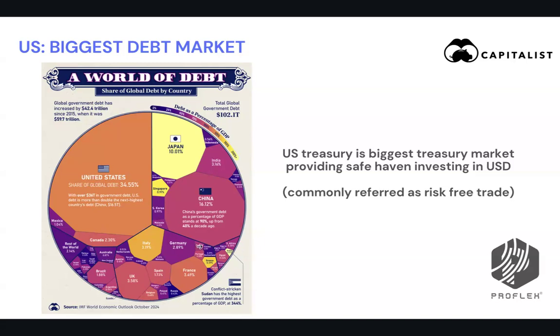So this is why I think one of the big parts of it is that US also offers one of the safest, biggest treasury markets. And that provides us safe haven investing. And if you are in the market, you also know that worldwide, US treasury returns are considered a risk-free trade, where you park your money. One reason is the US dollar being considered the reserve currency. The second is, as we always say, US always pays. The reason being, as a reserve currency, US can always print money.